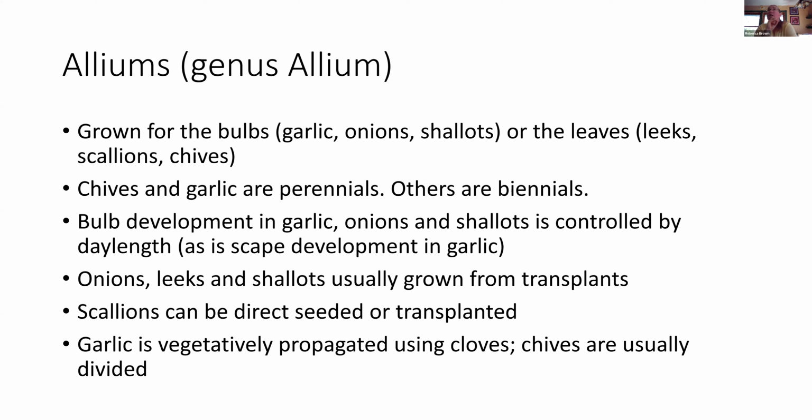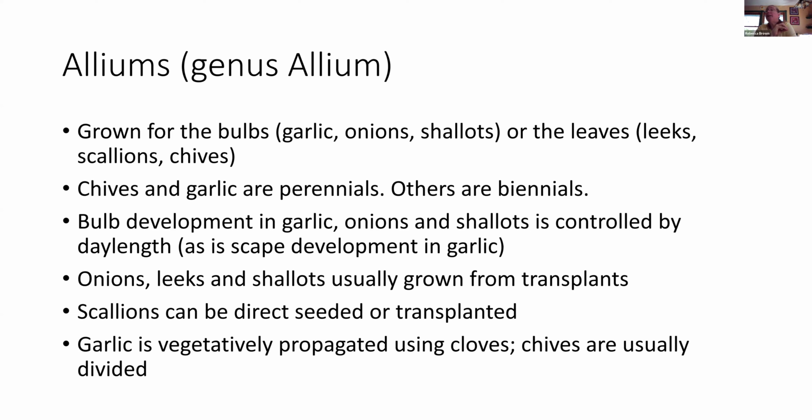So if you look at variety descriptions, they may say that an onion variety is 90 days from seed to transplant. And you may think that that means that you can direct seed it in May like you would rutabaga, which is also 90 days. But you can't. You have to start your onions